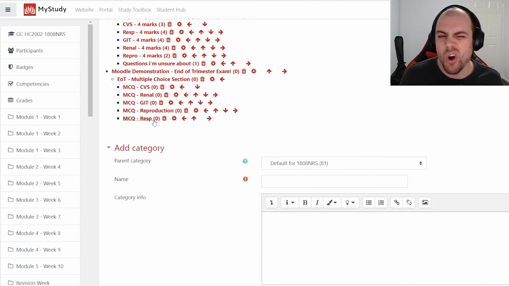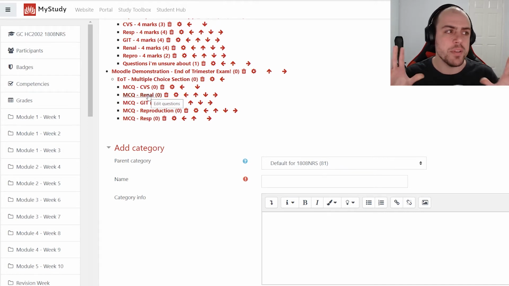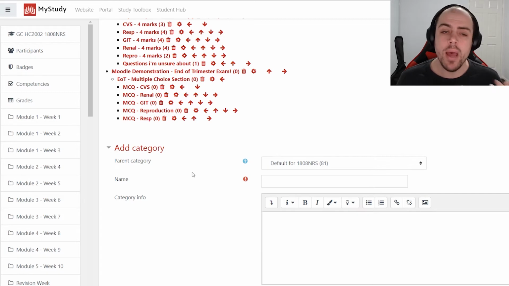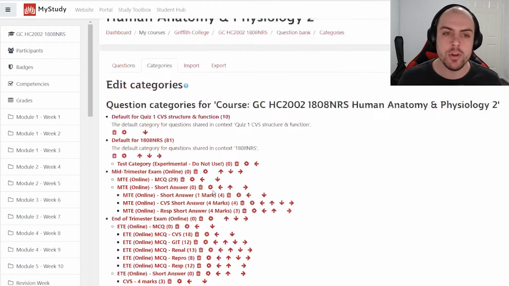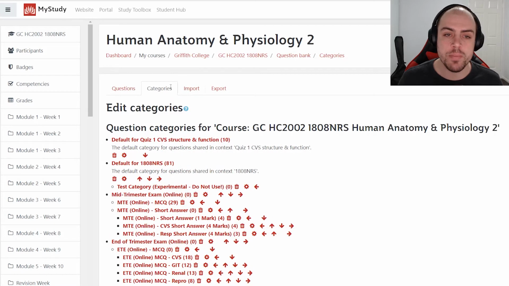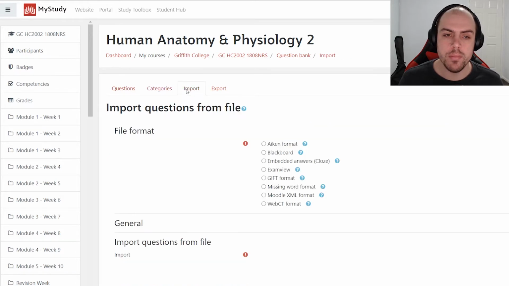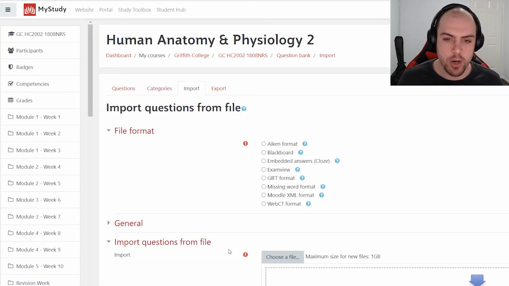Again, this isn't overly important, but if you want to keep it structured and organized in that way, then please feel free. Now, the next step that we need to do is import our questions. How we import these questions is that we go to our question bank and we have import. So if we click on import,